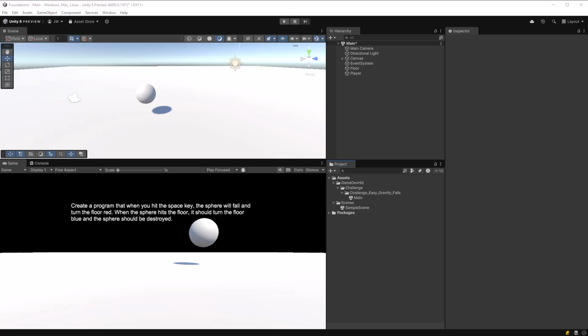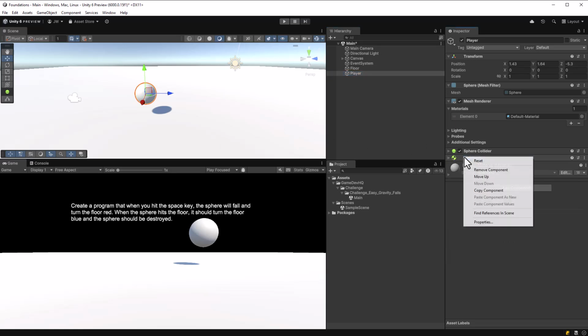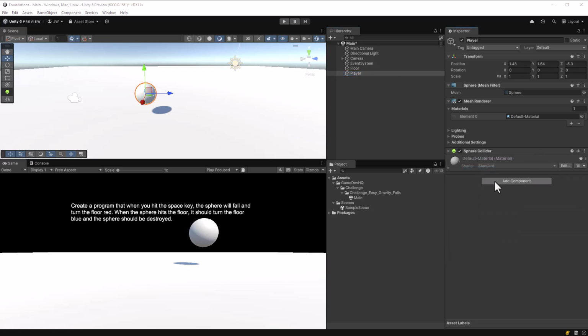In this challenge, we're going to focus on the first problem, which is to hit the space key and the sphere will fall. Now, in order for the sphere to fall, we have to look at the player object and make sure that we have a rigid body attached. So if we don't have a rigid body, we can add one,